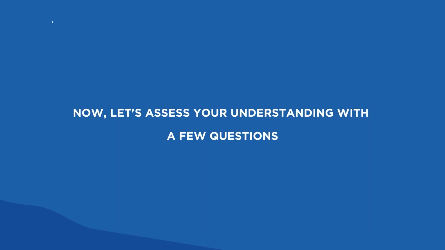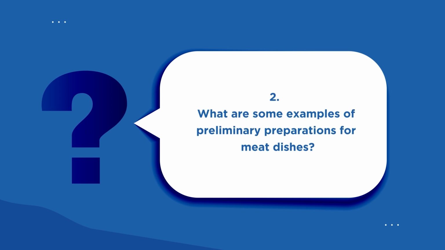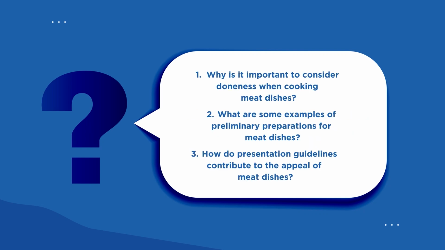Now, let's test your understanding. Why is it important to consider doneness when cooking meat dishes? What are some examples of preliminary preparations for meat dishes? How do presentation guidelines contribute to the appeal of meat dishes? Think about these questions to